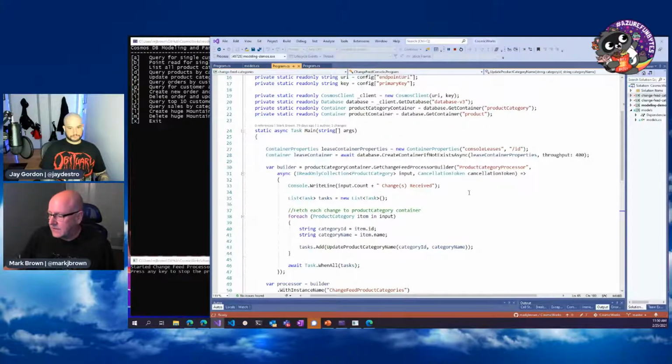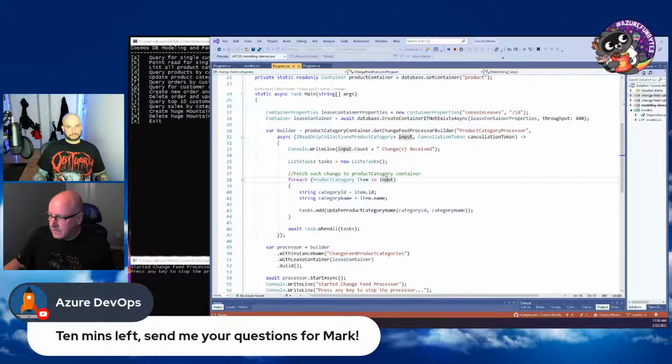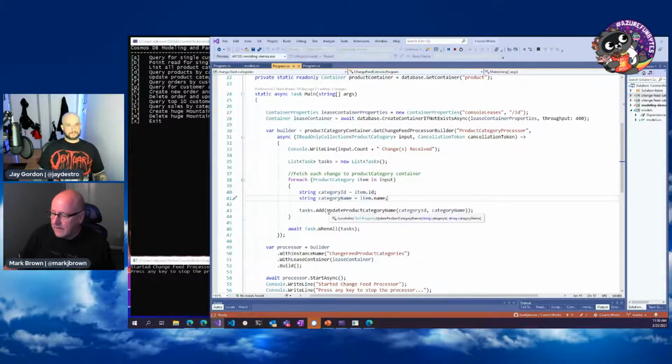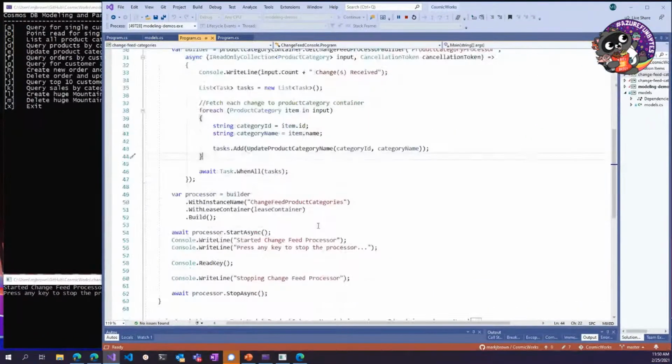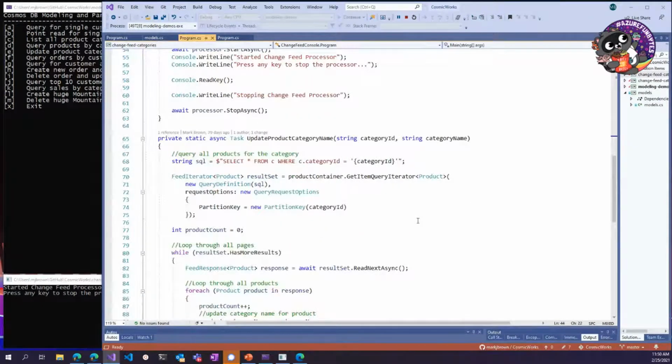If there is, then great. What it does is call this delegate, which is defined as input here, on my product category container, and it'll run every second. If there's new data, it's going to iterate through it, and I'm going to read out of this input delegate into a product category item. Then I'm going to pull out my category ID and my new category name, and call another function called update product category name. So I've got another function down here in my change feed, and this is going to get called every time I update the product category name in that other container.